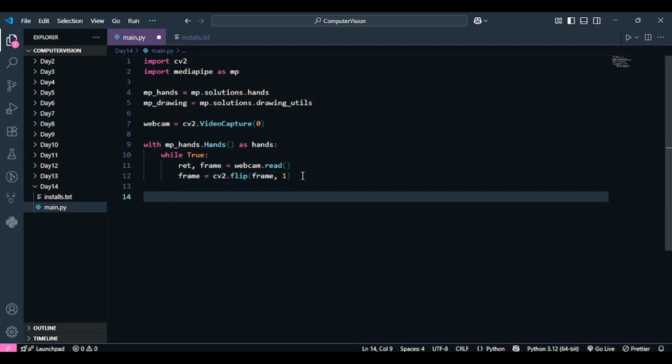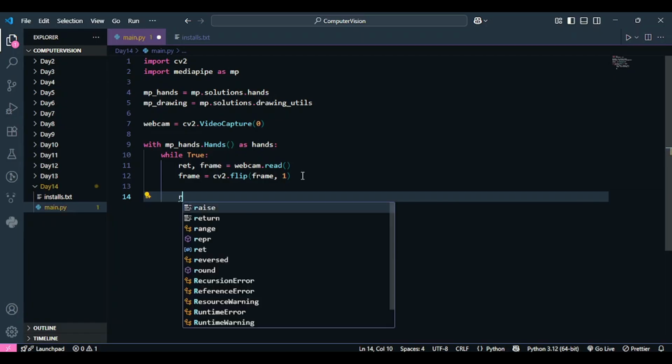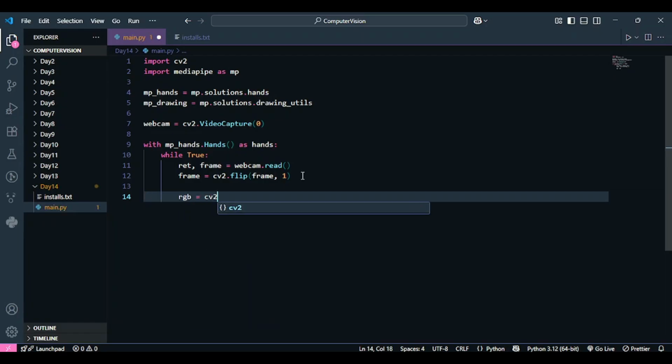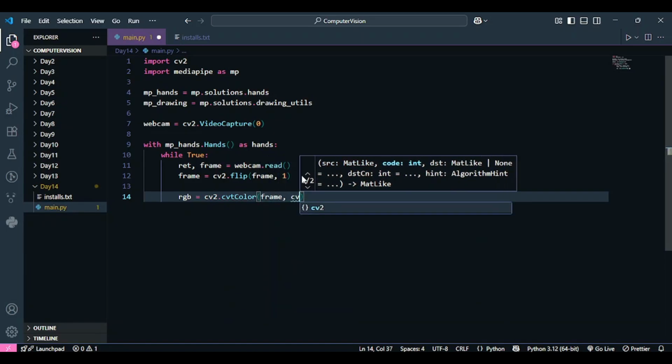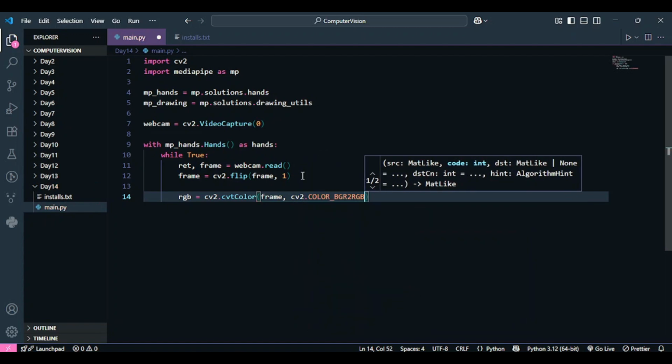And now the important step. Before processing the image, you should keep in mind that MediaPipe processes images that are in the RGB color space, not the BGR color space. By default, if I visualize my image using OpenCV, it will be in the BGR color space, but MediaPipe works on the RGB color space. So that is one step that I'm going to do. I'm going to convert my image using cvtColor from the BGR color space. I'm going to write frame over here since I want to convert my frame, and I am going to call COLOR_BGR2RGB.